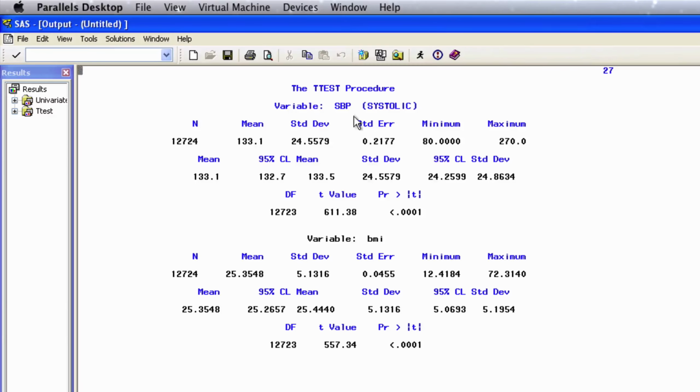So here's the output, starting with systolic blood pressure. 12,724 observations were included in this calculation. The mean value is 133. Here you get the standard deviation and the standard error of that mean, minimum and maximum values. And then below we have the t-value. So this gives us the t-statistic, and it's an enormous t-statistic, 611, and the p-value corresponding to that t-value is less than 0.0001. Okay? So since we were comparing to such an extreme null, a systolic blood pressure of 0,